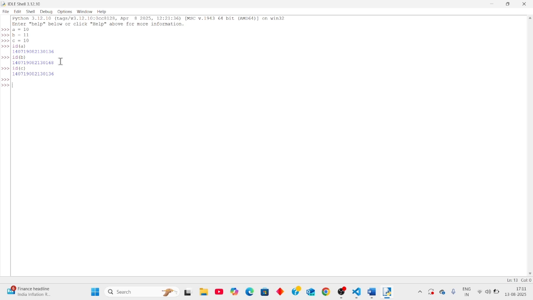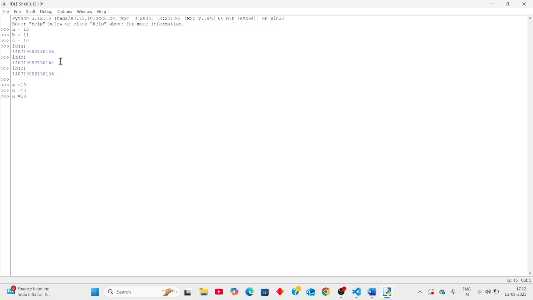And now one more: here A equals 10, then 12, and here 30. Do you think this is right or wrong?